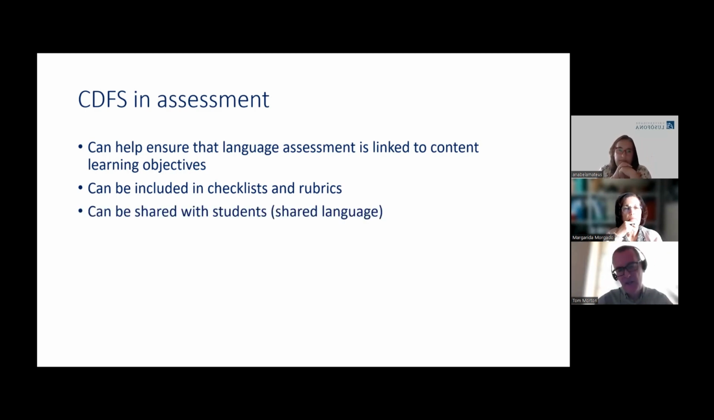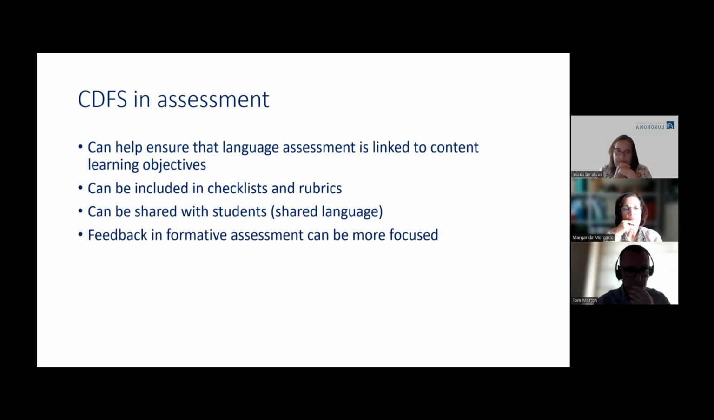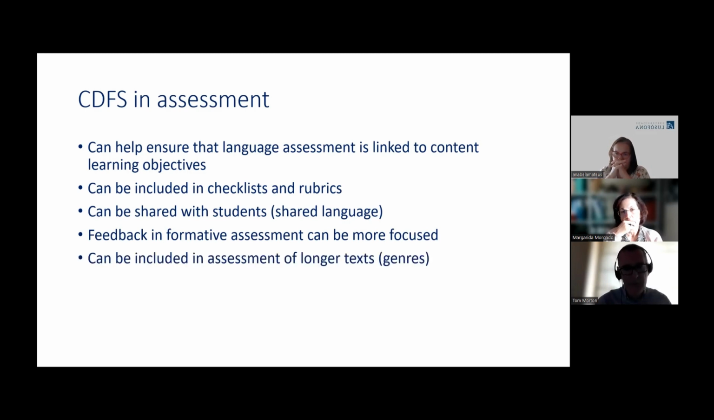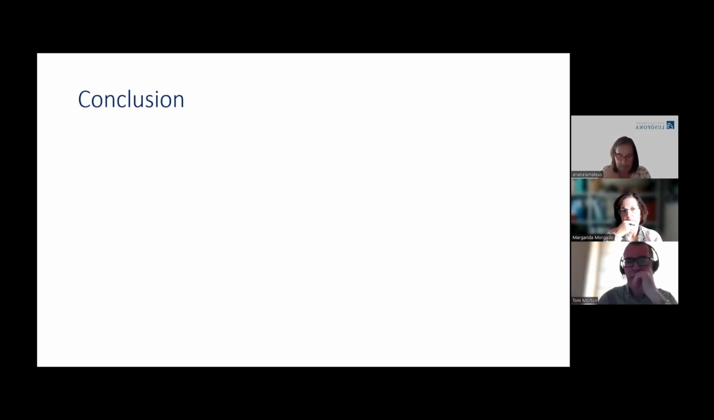And good practice: sharing rubrics and checklists with students, and perhaps, as I said before, getting them to use them with exemplars. It means that feedback in formative assessment can be more focused. We can say to students, you should work on this. You tend, when you write definitions, you tend to miss the class, for example, if that is an issue with the student. So we can give students more precise information about where they need to focus their efforts in improving. And of course, they can be included in assessment of longer text genres. Okay, to conclude,